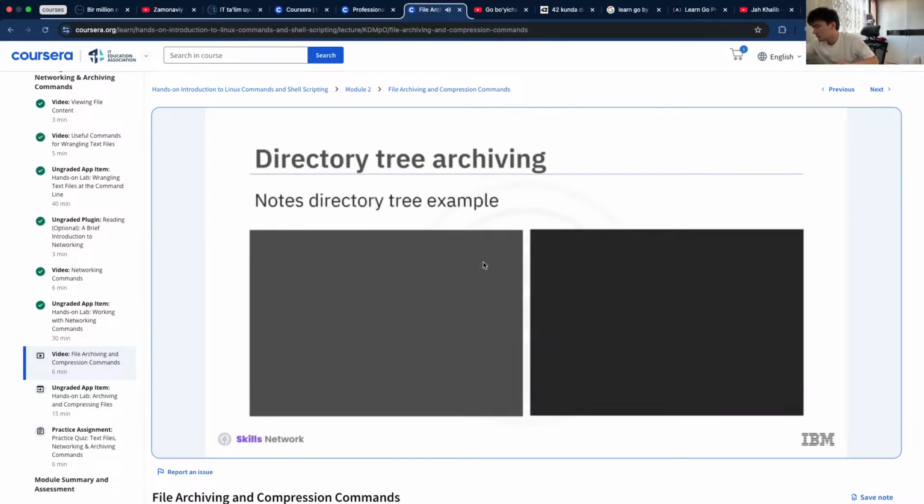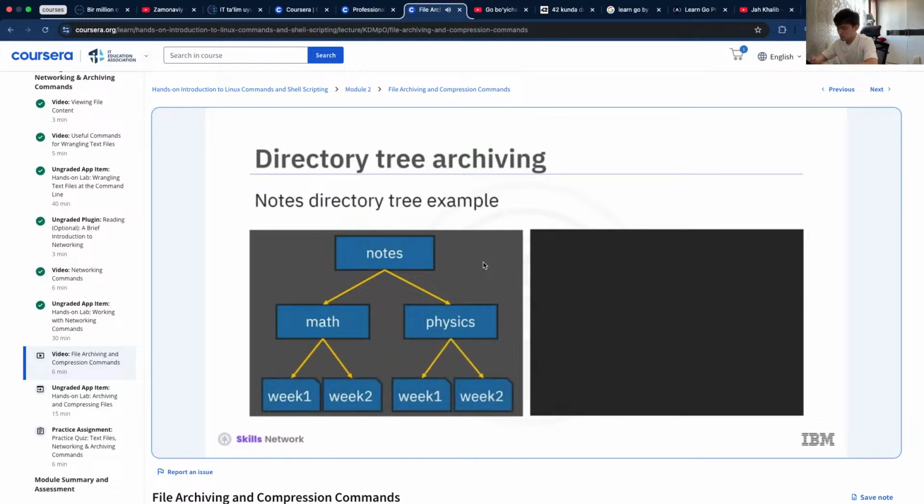Now, suppose you have created a notes directory for keeping track of your course materials. You decide it would be a good idea to archive your notes in case you need them in the future. Your notes directory tree has the following structure. It contains 2 subfolders called Math and Physics, each of which contains files called by the same names, Week 1